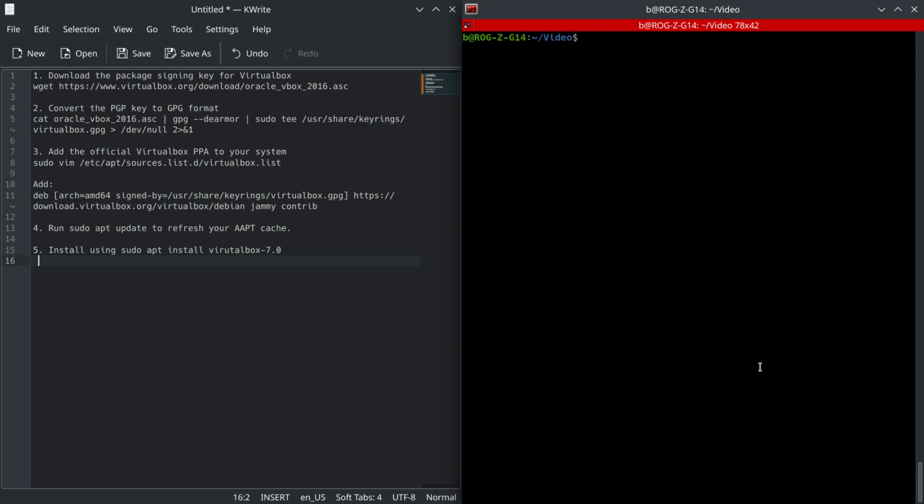Today I'm going to be showing you how to install VirtualBox 7.0 on an Ubuntu or Debian-based Linux system. The reason this came up for me was because recently I went to install Ubuntu on a laptop, went to install VirtualBox on that laptop, and the version that was installed by just using sudo apt install virtualbox was version 6.1.38. The primary machine that I use is a Windows machine, and that one has 7.0.4, which I've